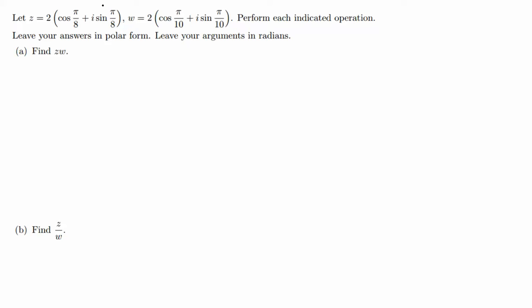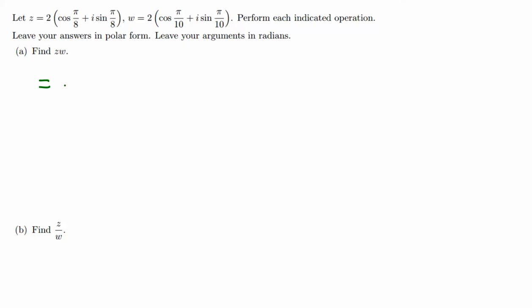We are given two complex numbers in polar form, g and w. We need to find, in part A, gw, which means g times w. So we need to multiply these two complex numbers. So that will be, when we multiply the outside numbers,